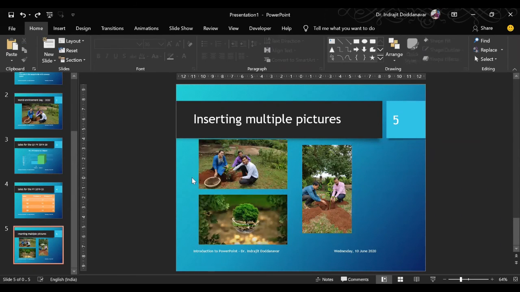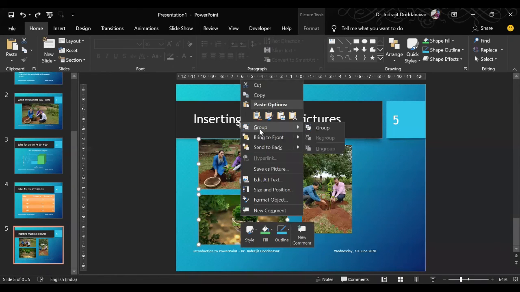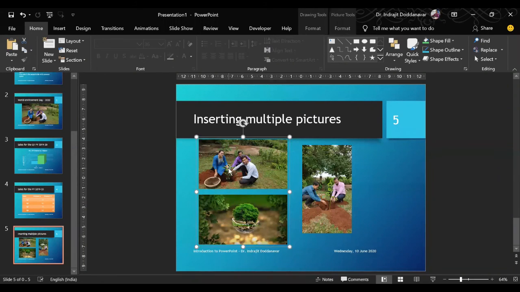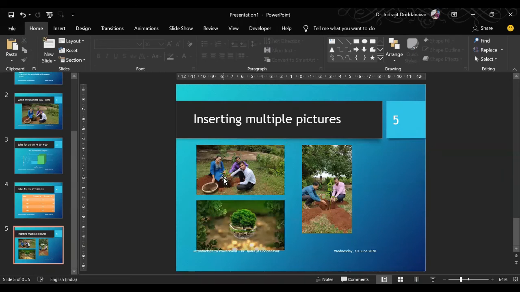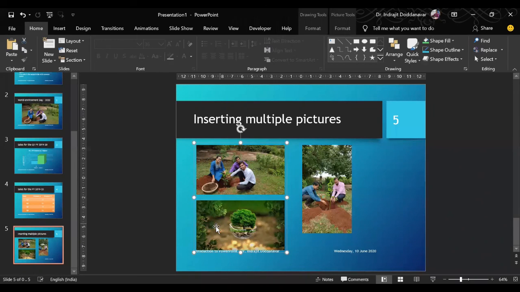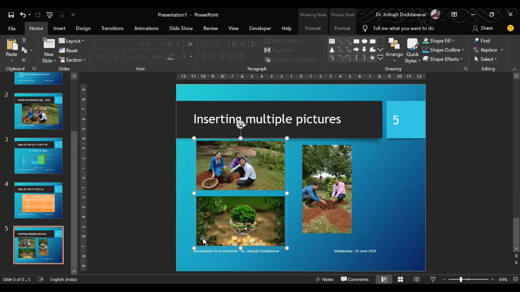So what we can do is we will need to group the pictures first. So select the first picture, select the second picture, and right click on the picture, and there is something called group. So you go to group and click group, right? Now you can see the handlers also have changed. The handlers from this portion have vanished. Why? Because we have told PowerPoint to consider these two pictures as one unit, right? So once it is considered one unit, whenever you select either this picture, both pictures are selected, or select this picture, both pictures are selected.